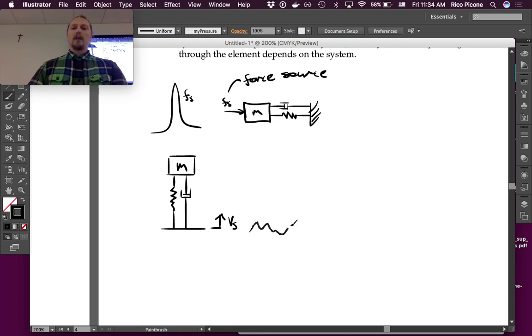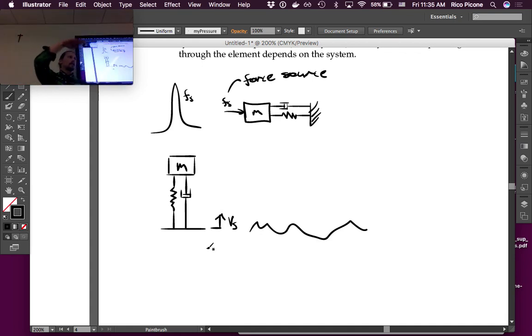So it could look like this, right? And the velocity could just be the motion of the wheel given the road input. And of course that's a really simplistic model, but it's an interesting model, and this tuned spring mass damper system that you guys mentioned, that's the heart of what suspension systems are all about.